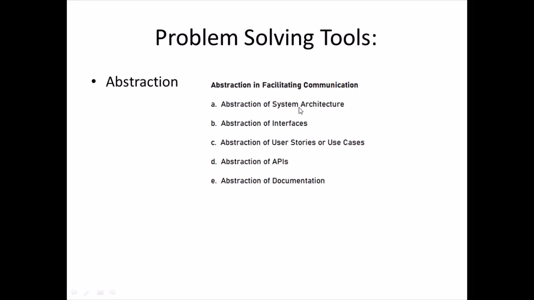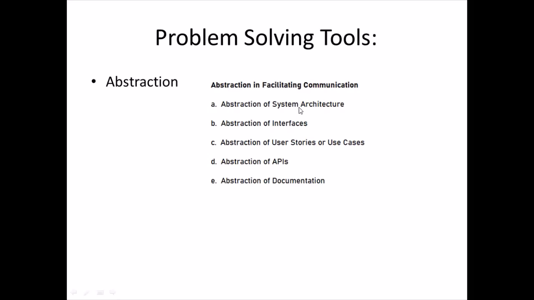The next is abstraction of the interfaces. In a project with multiple modules or components, abstractions can be applied to define clear interfaces between different parts of the system. These interfaces act as contracts specifying how different components should communicate with each other. So by abstracting the communication protocols and methods through well-defined interfaces, team members can easily understand the expected inputs, outputs, and behaviors of different components, enabling effective collaboration and integration,